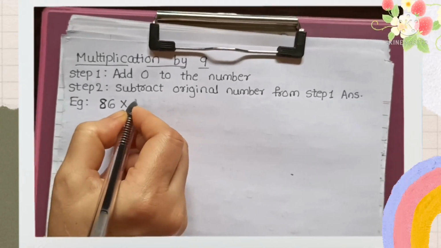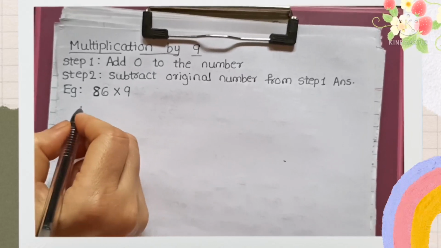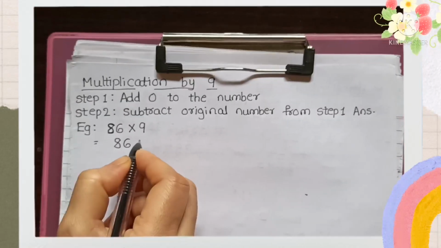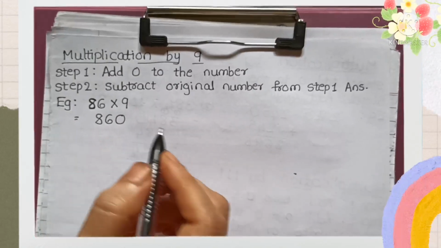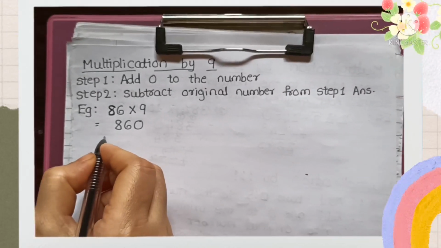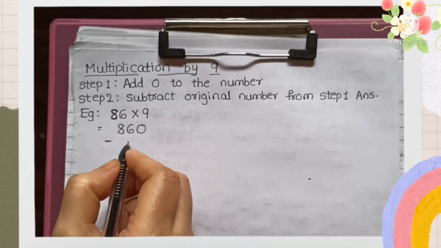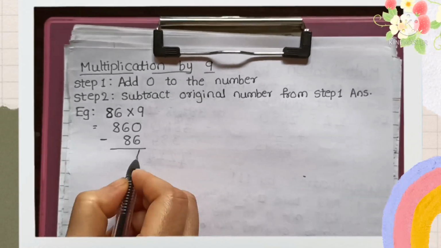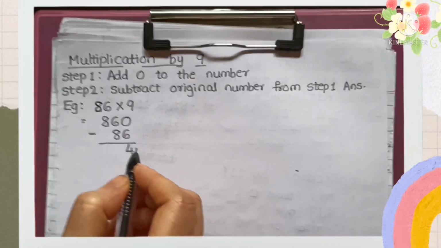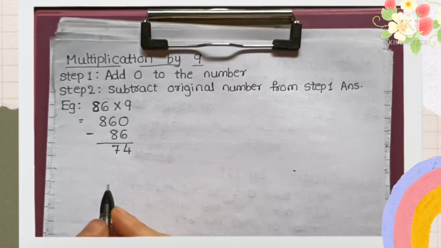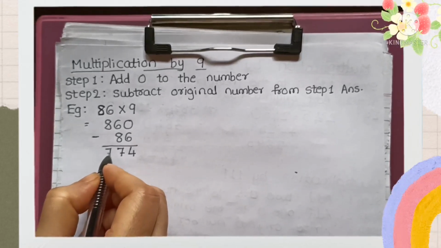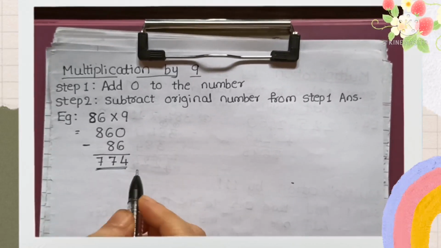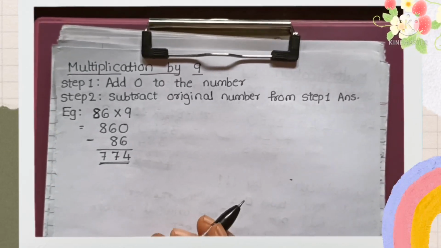अभी हम दूसरा एग्जाम्पल लेते हैं। हमारा दूसरा एग्जाम्पल है 86 into 9। अब 86 into 9 में हम 86 में एक ज़ीरो लगा देंगे, जो हमारा आंसर होगा 860। अब 860 में हमें 86 माइनस करना है, मतलब हमारा ओरिजिनल नंबर माइनस करना है। यूनिट्स प्लेस पे हम डालेंगे 4, टेंस प्लेस पे हम डालेंगे 7 और 100 प्लेस पे हम डालेंगे 7। सो हमारा आंसर आएगा 774।